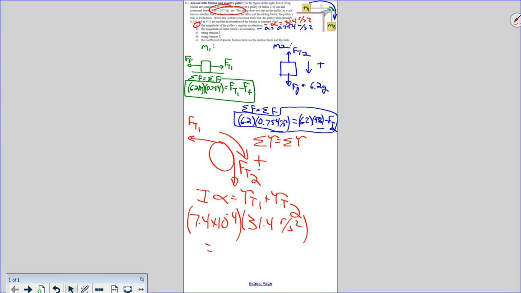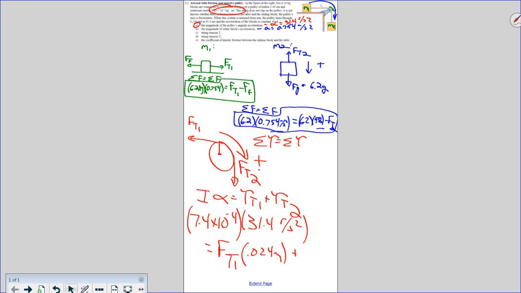That's got to equal the force of tension 1 times that radius, right? So the radius is going to be just the radius of the wheel, which was 2.4 centimeters, so 0.024 meters, plus,